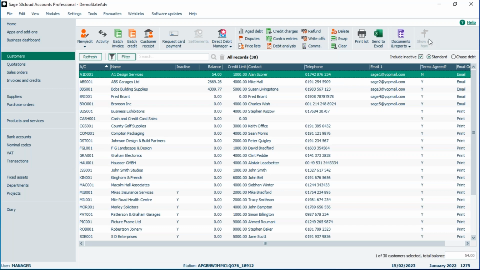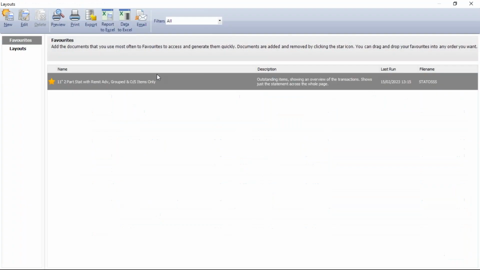And again, as I mentioned in that session, I've got a really low resolution set on my monitor today, just to hopefully make things a little bit bigger so you can see them a little bit clearer. So my statements I would access via this grouped icon. You probably will have it listed as a separate icon. So into statements,